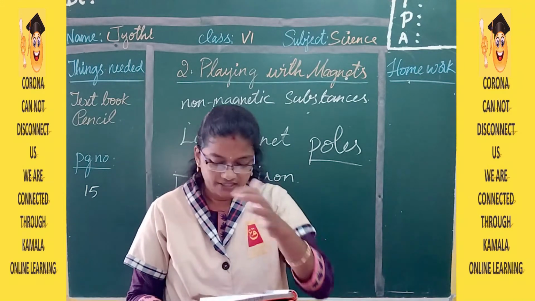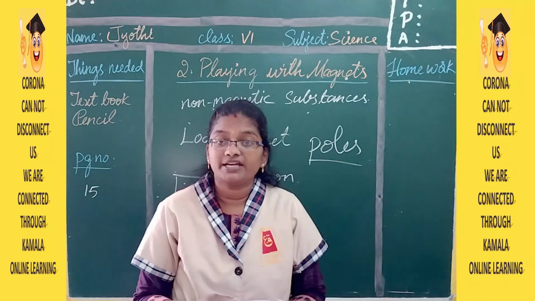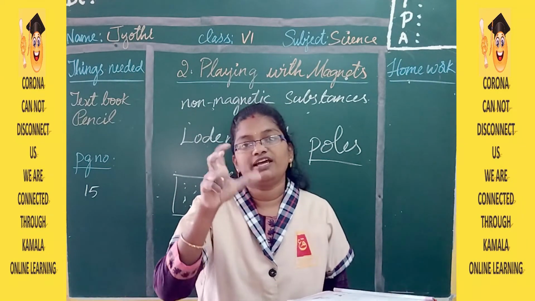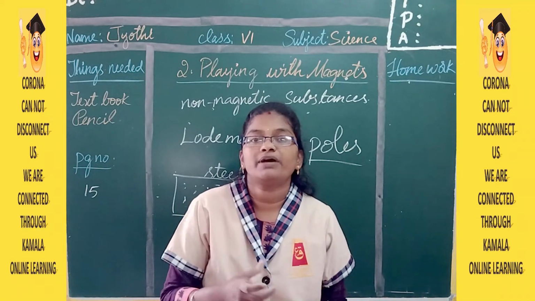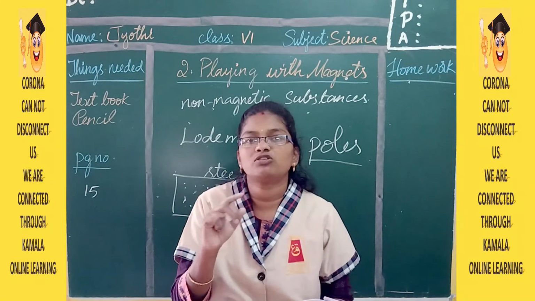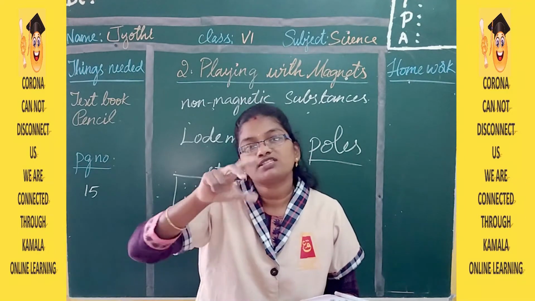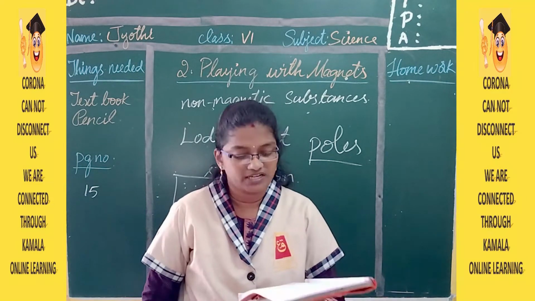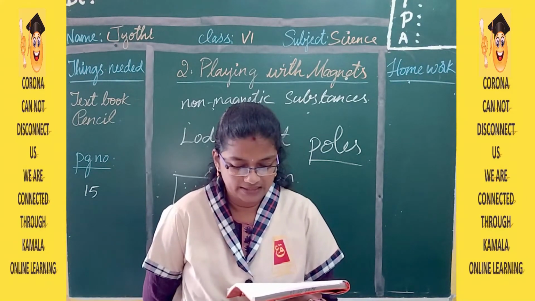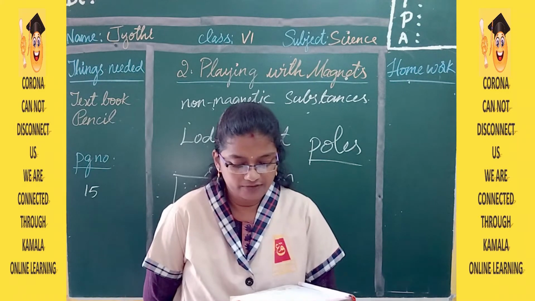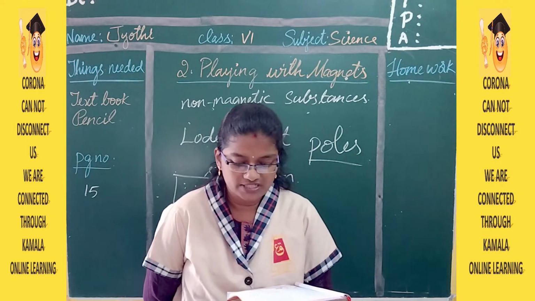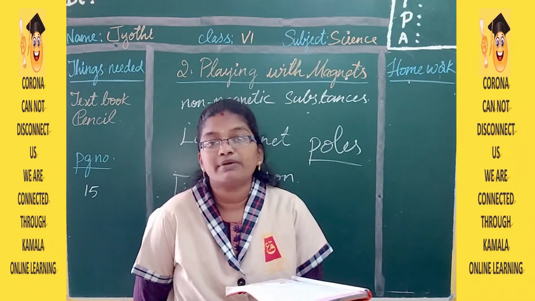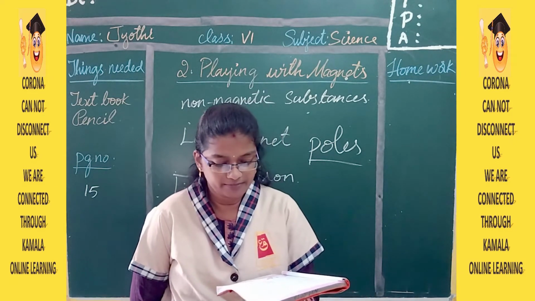By this activity, we can conclude that every bar magnet always has two ends. Whereas if you take a disc magnet or a ring magnet, there are no north and south poles or two ends because they are round in shape. As this is a bar magnet, it has two ends, right? So every bar magnet has two ends whose attracting capacity is more than the other parts. These ends are what we call the poles of the magnet.